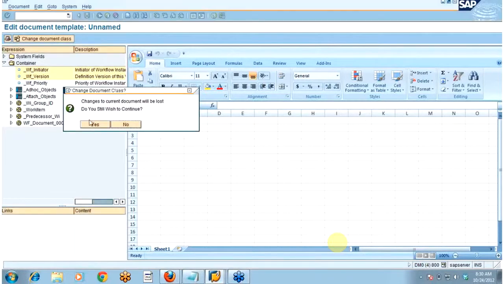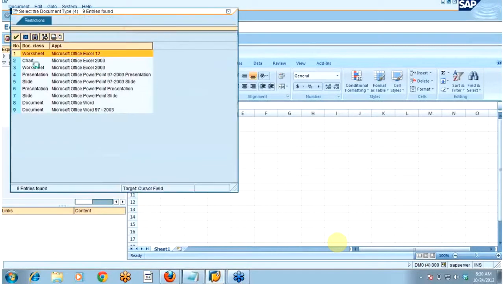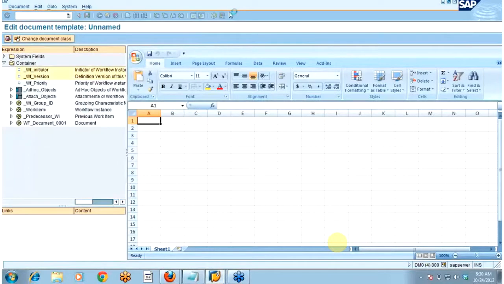Here, if you click yes, you can see we have a number of options. You can in fact have a Word document. I've just selected this Excel only.